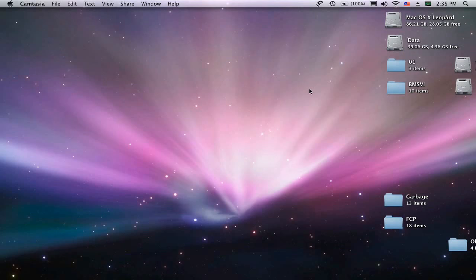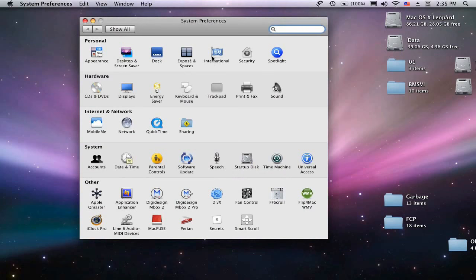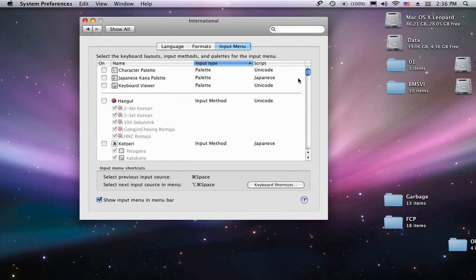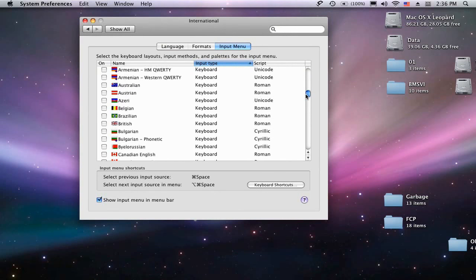So first we will see how we will enable those languages that are already available in the Mac system, and then we will see how we can add those languages that are not available in Mac systems. So first we will do that. We will go into System Preferences, and then go to the International tab, and then here we will go into Input Menu, and down below in this menu we can see all those languages that are available in the Mac